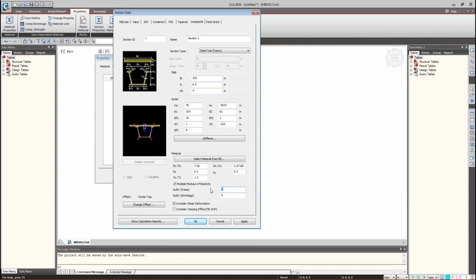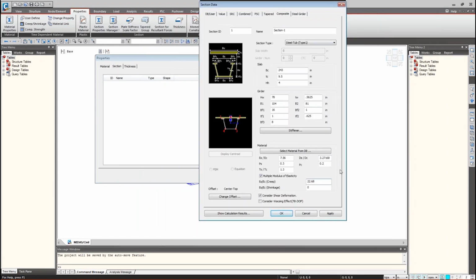So instead of giving time dependent properties, there are two methods to go with it. One is that I can directly give the long term effect of modular ratio over here, or I can give a proper time dependent material property. So there are two ways of doing it. This is like the easier way, so you can multiply it by 3 and put the value here. Once you have given the section 1 property, I can click on apply. Then for section 2,